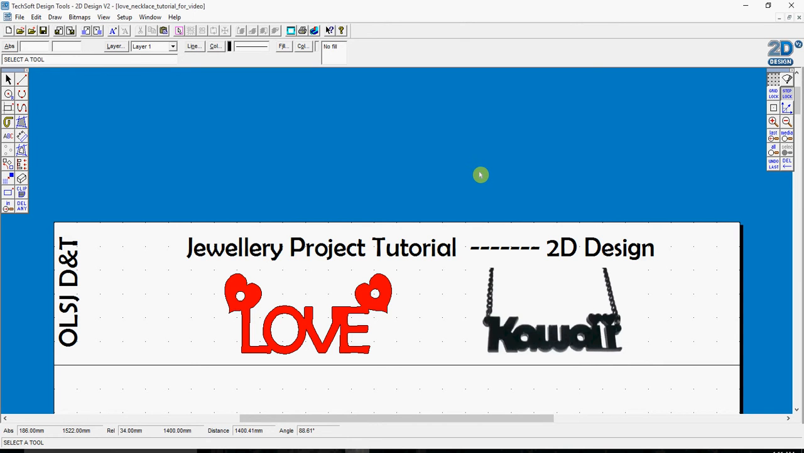Welcome to the 2D design tutorial for producing some jewellery. So this is a necklace example, and you can see that it's been made out of acrylic, and on either end of the necklace there are some ways of attaching a chain onto each end of the design. So I'm going to show you a tutorial here which is going to produce this similar design in this love